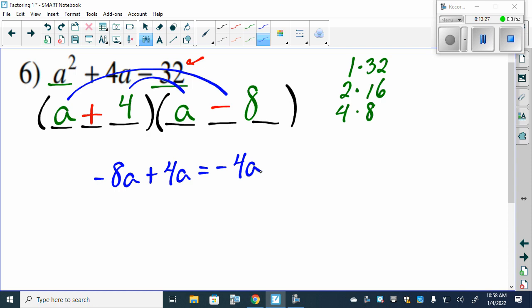Yeah, it is the correct number, but wrong sign. Now, whenever we get the correct number but wrong sign, what we can do is flip the signs. Since the first one was positive, we can make it negative, and since the second one was negative, we can make it positive. We flip the signs. And if we check it again,